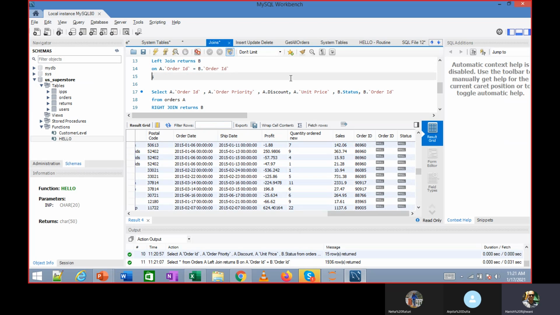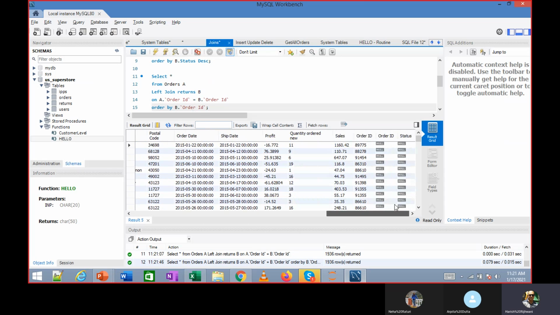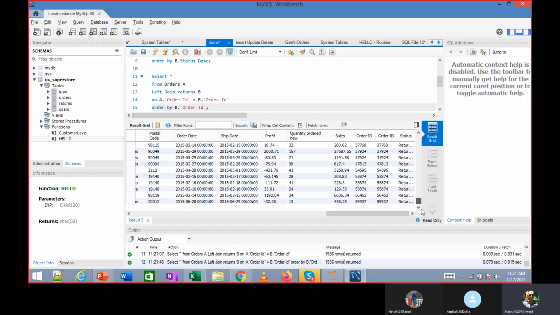Now I can order it by b.order ID. When I do this, I should be getting the matching records either at the top or at the bottom.